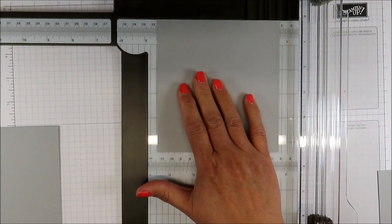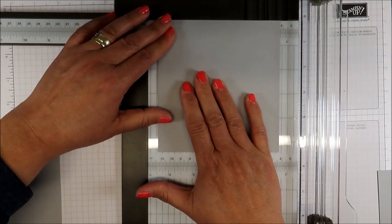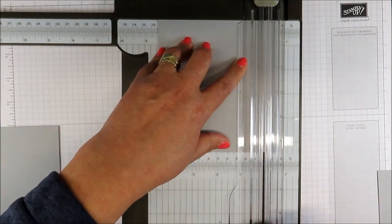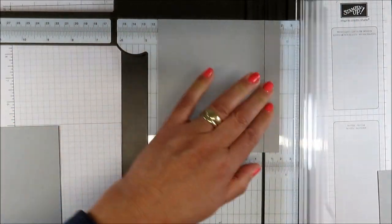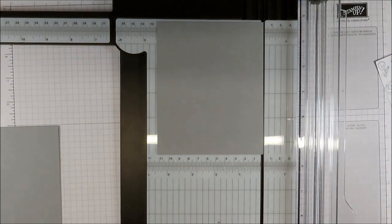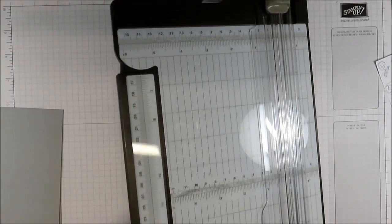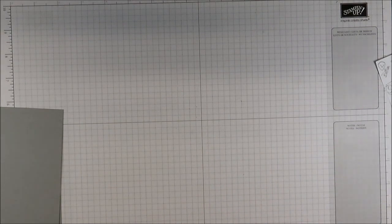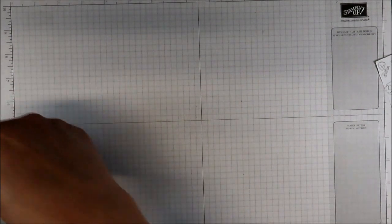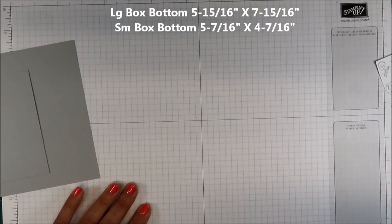So go to the 4.5-inch mark and minus a 1/16, because we need our little boxes to be just a little bit shorter. A little bit less material, so that the lid will fit on there nice and snug, but not too tight. Okay, so we've got our 2 pieces of cardstock here that we need, and I'll make sure to put the measurements on the screen for you,